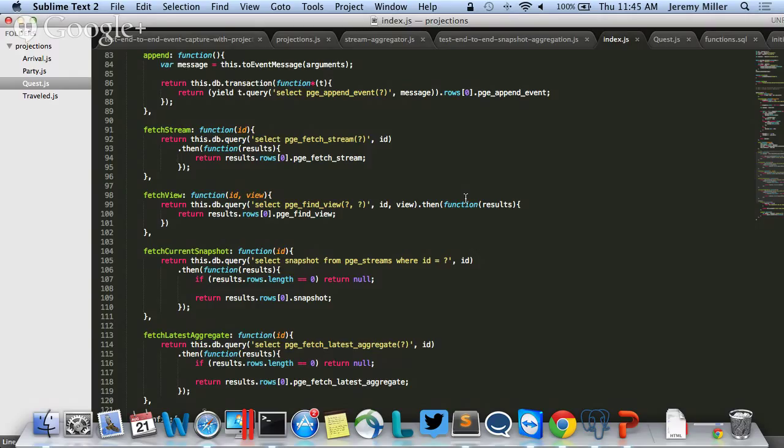Any thoughts or questions? Anything that you're using today within